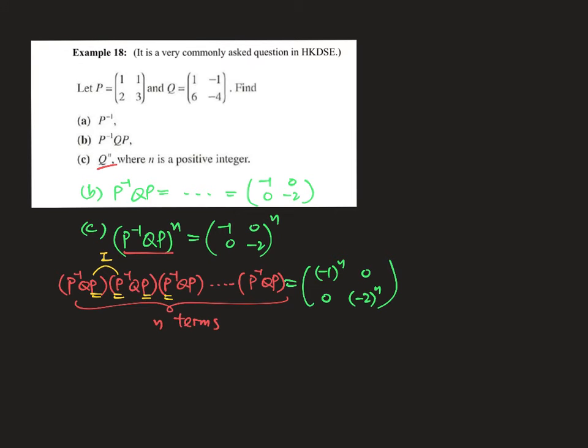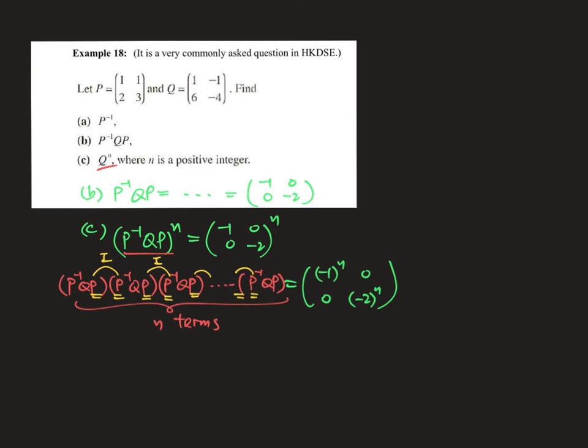P and P inverse can be combined together, it gives you an I. P and P inverse and P, etc. Can you see that each of the neighbors to the brackets should have a P and P inverse, which comes to an I, or you can say they delete each other. In this case, what is left in the expression will be the front number, P inverse, and the end number, P,